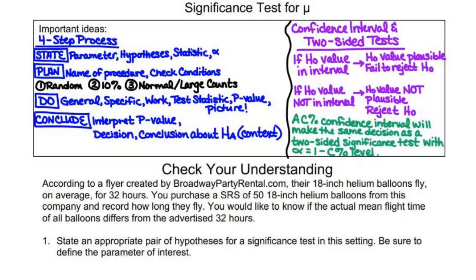Confidence intervals and two-sided tests. If the null value is in the interval, then the H0 value is a plausible value. You would fail to reject. If the null value is not in the interval, H0 value is not plausible, and you reject H0. A C% confidence interval will make the same decision as a two-sided significance test with alpha equals 1 minus your